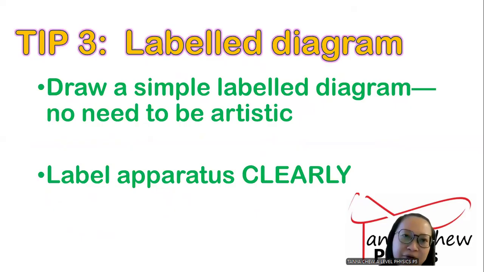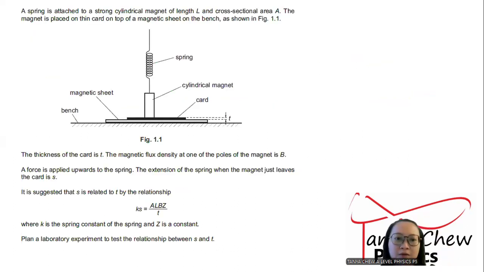Always label your apparatus as clearly as possible. Don't leave it blank like that and expect us to know what kind of apparatus you're drawing. The diagram that you're drawing must be labeled. A diagram, no matter how nice it is, without labels, you will get 0 marks. Remember that. Now, the same question, I keep on discussing the same question because I don't want you to be confused,